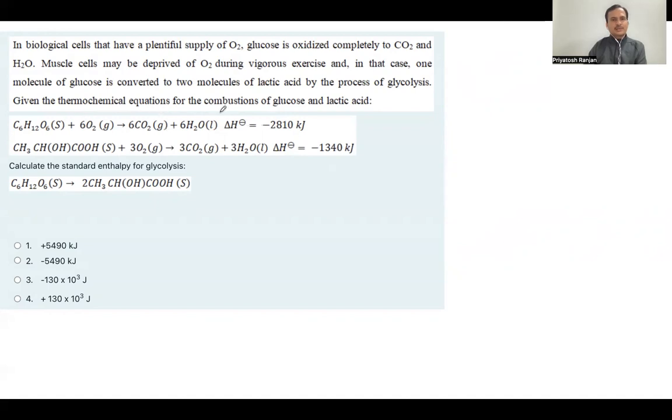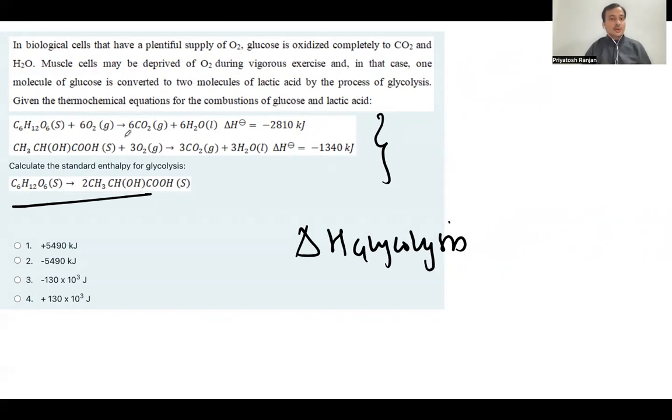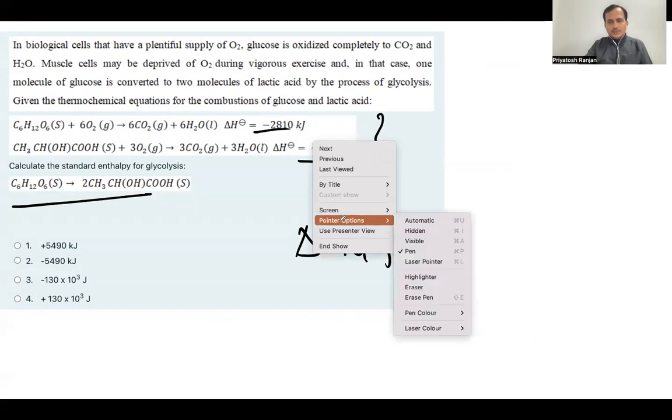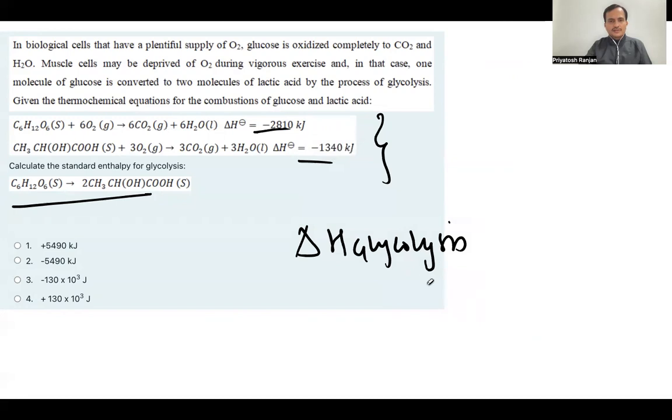Given the thermochemical equations for the combustions of glucose and lactic acid, so they have given you the values for some of these chemical reactions, and you need to calculate the standard enthalpy for glycolysis. For this particular reaction, where 1 molecule of glucose is getting converted to 2 molecules of lactic acid. This seems to be balanced. All these equations are balanced. Then the standard enthalpy of formation given for these reactions. But you need to be a bit careful here. Why? Because